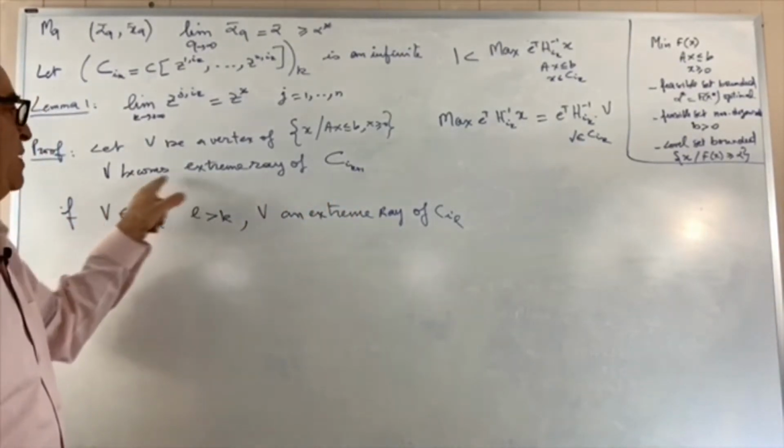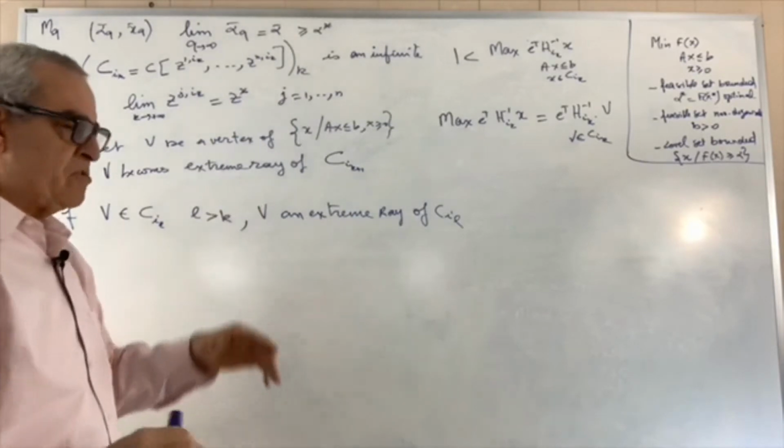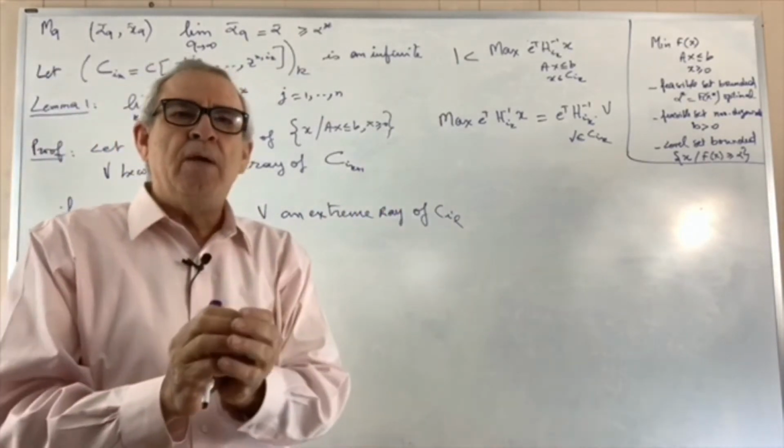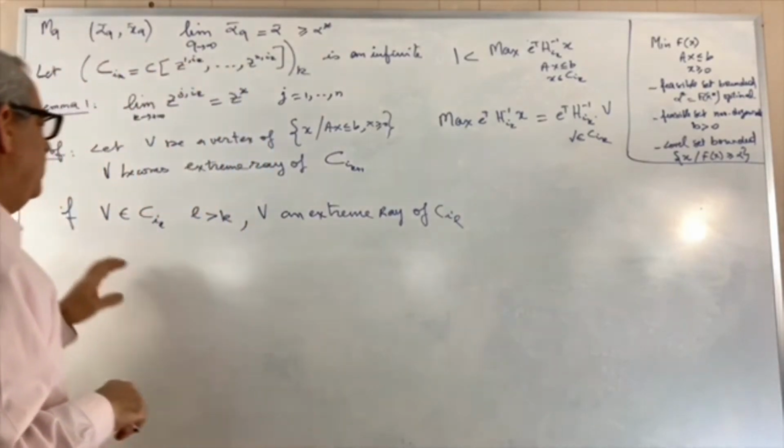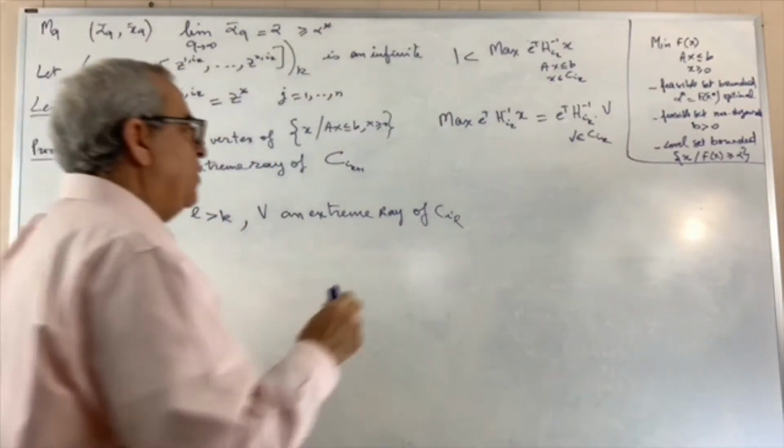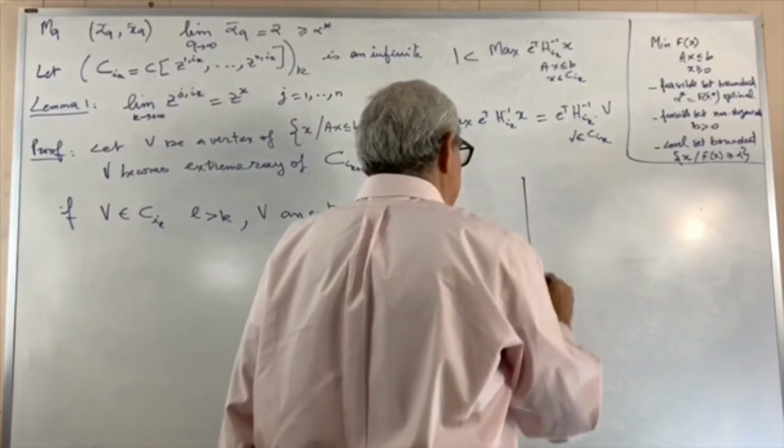So therefore, if v is an extreme ray of the bigger cone, it must be an extreme ray of the inside cone. Okay? And so then if I draw a picture here,